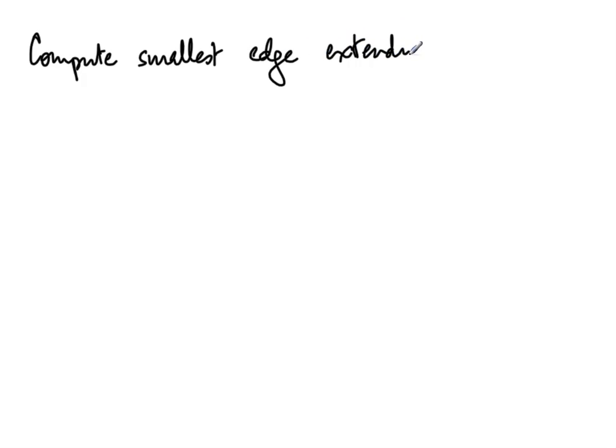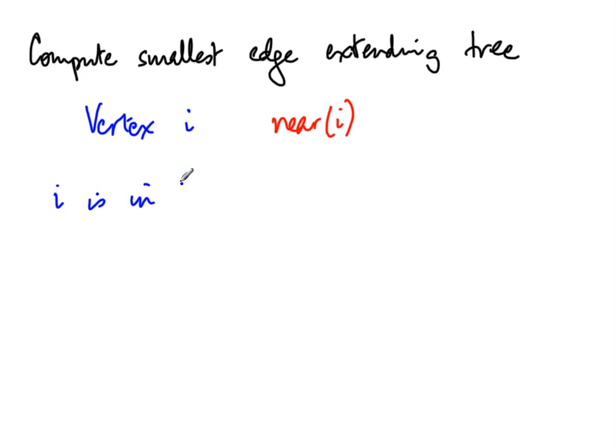So to implement Prim's algorithm effectively, we need to be able to compute the smallest edge extending the tree. So the way we will do this is the following. So for every vertex I, we will maintain a quantity which we will call near of I. Now there are two possibilities. So if I is in the tree already, then we are not interested in adding it. So we will just put near of I to some dummy value, let us say 0. So near of I is supposed to be another vertex. Okay. If I is not in the tree,